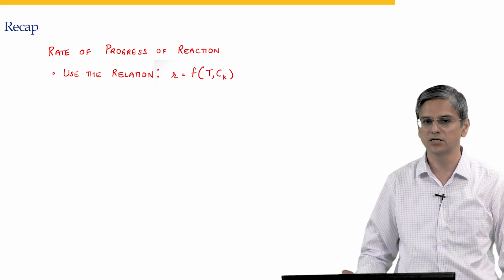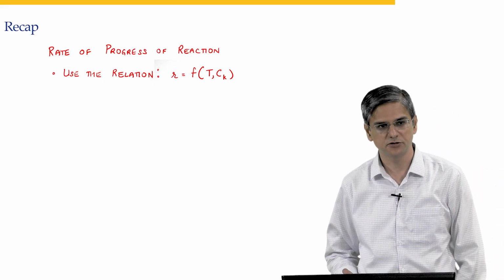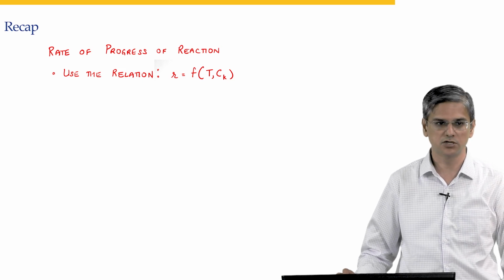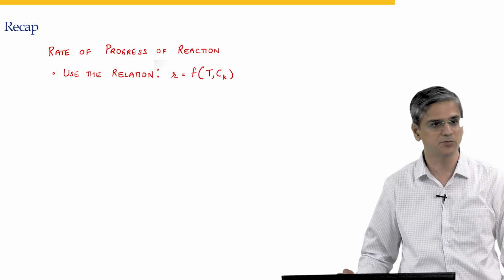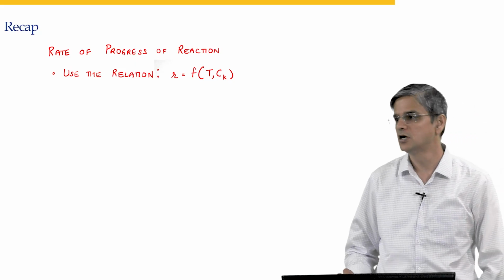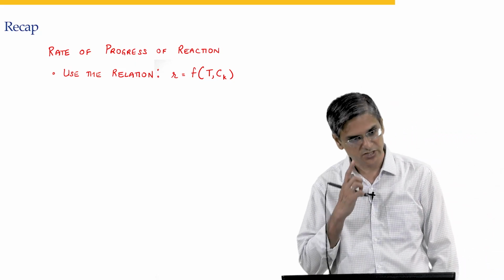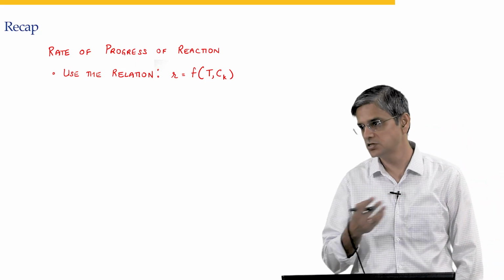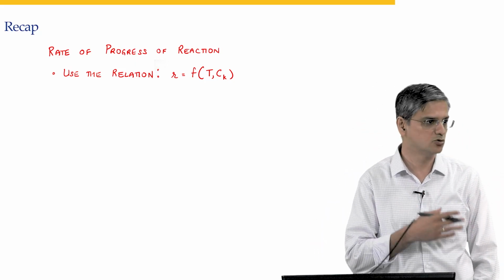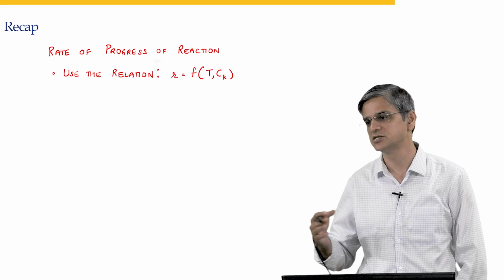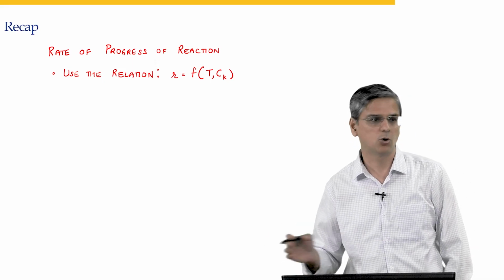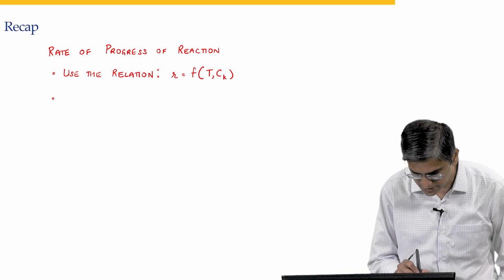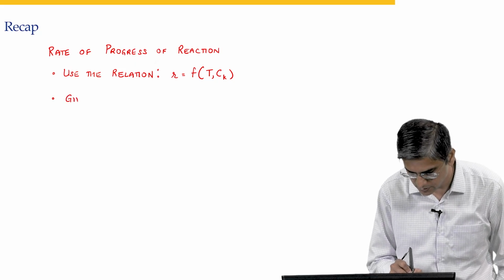So, this is where you plug in the values of temperature and partial pressures, or temperature and concentration, and compute the value of reaction rate. You multiply it with stoichiometric coefficient to get the rate of formation of any species. You plug it into an appropriate equation in order to either do design or analysis or simulate the system, or whatever might be the thing that you want to do with it. Okay. The other case is that given